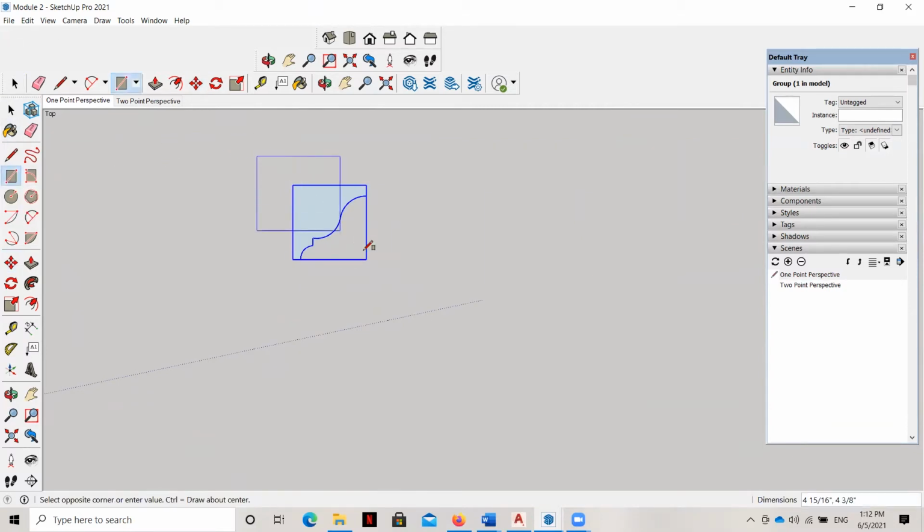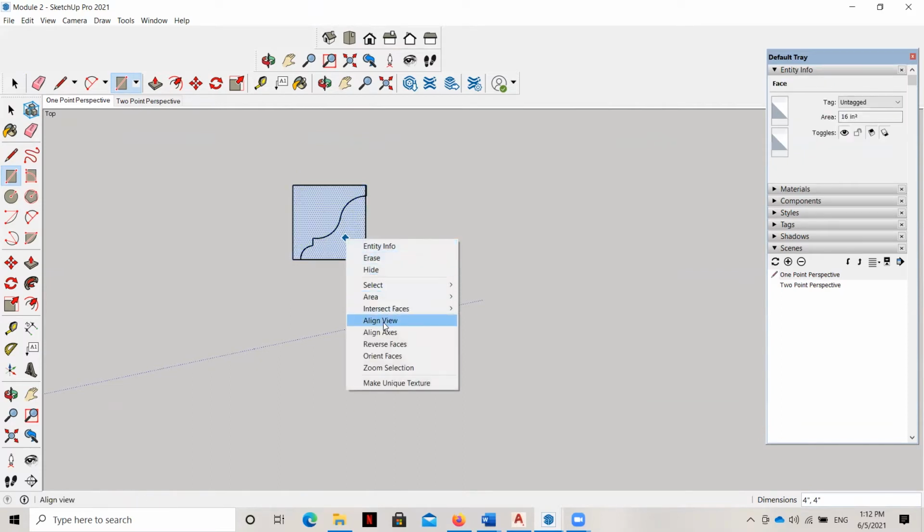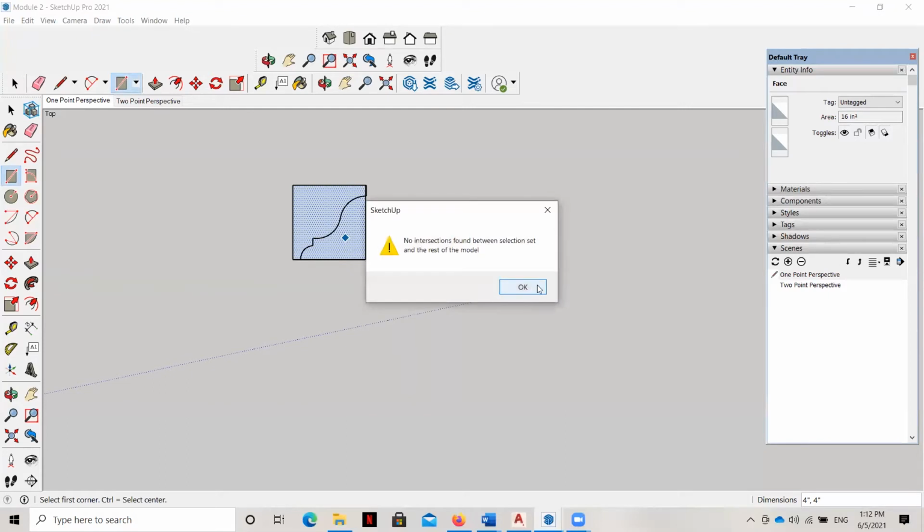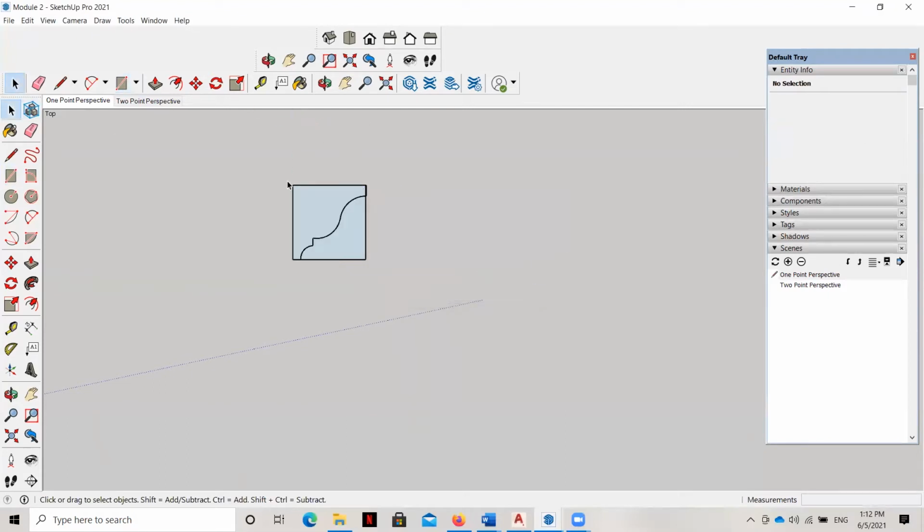So I'm going to just select right here, draw my face right here, and then right click and say intersect faces with model. And once I've done that, I should be able to then delete some of this line work here. And now this should have a face that we can then push pull.